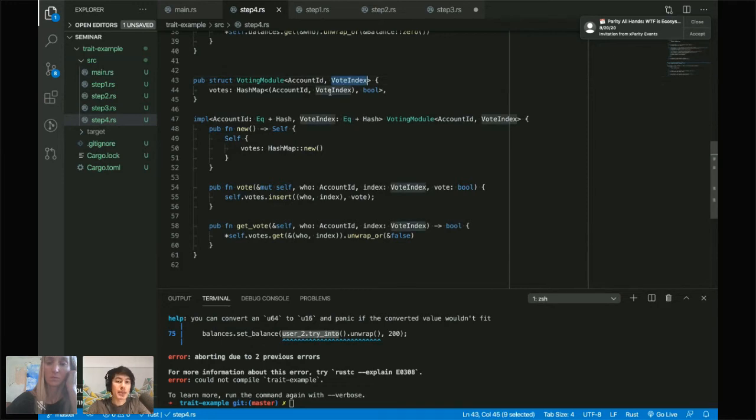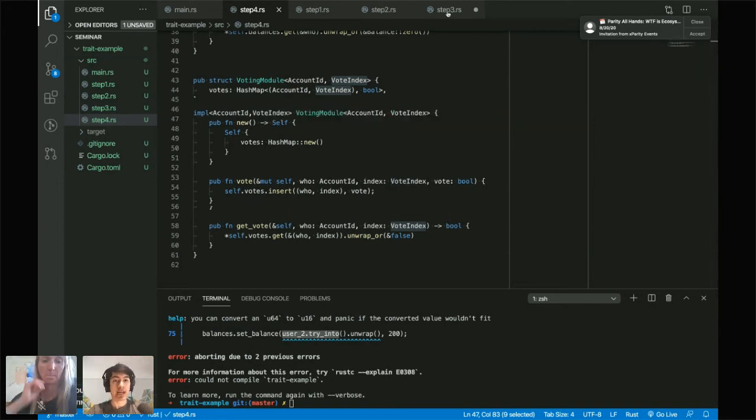And okay, so what I missed here is that some of the errors you would get is you need to define some traits. And actually, maybe I can follow through on step 3, and we can go through some of these errors. But you can see the general idea here is that now I implement this struct using these generics. And then these types are basically defined not here, but defined whenever you instantiate the voting module. So there is some magic happening here, and I want to walk through some of the errors here.